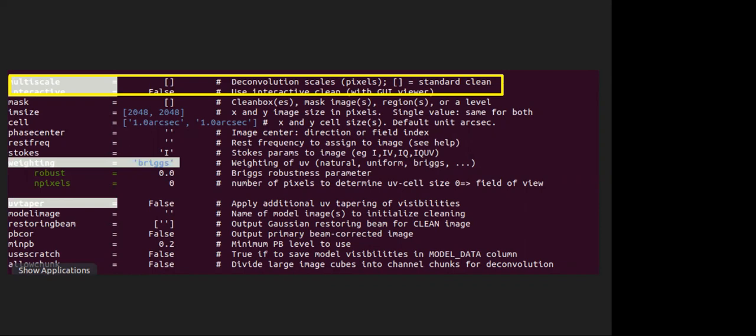Different weighting schemes have different effects on your image, but I will not go into detail in this lecture. You can ask me later, or go back and check Poonam's lectures. I am keeping all the other options as they are, and these are more advanced things that I am not going into.